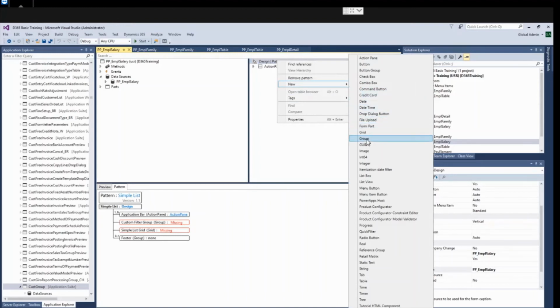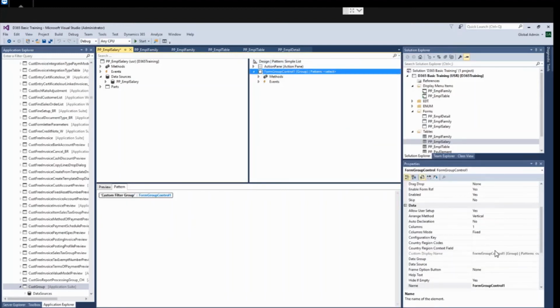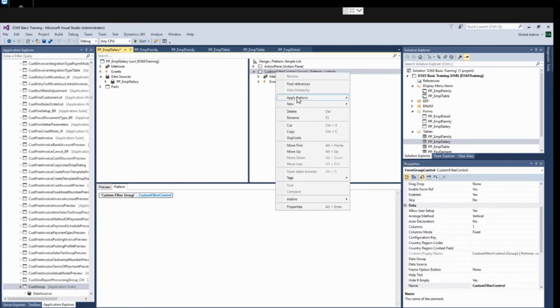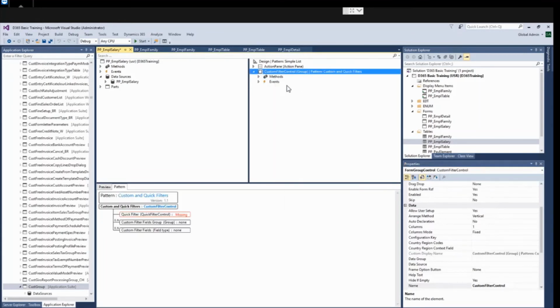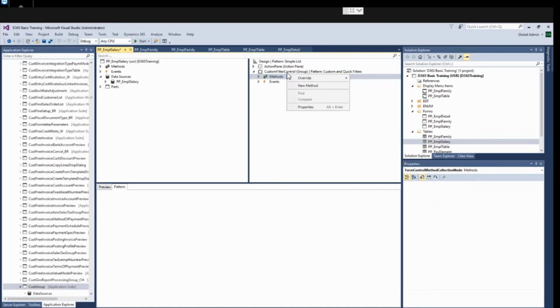With group, let me apply filter on this quick filter. So filter is missing.